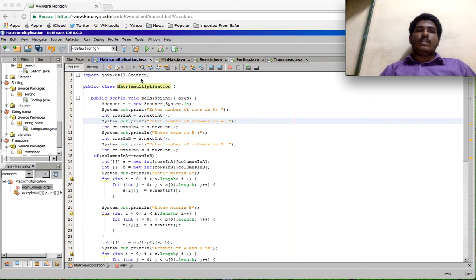import java.util.Scanner; public class MatrixMultiplication { public static void main(String[] args) { Scanner s = new Scanner(System.in); System.out.print("Enter the number of rows in A"); int rowsInA = s.nextInt(); System.out.print("Enter the number of columns in A"); int columnsInA = s.nextInt();